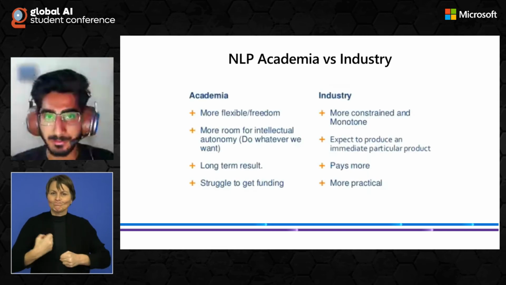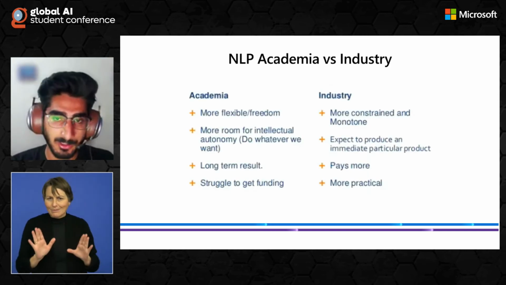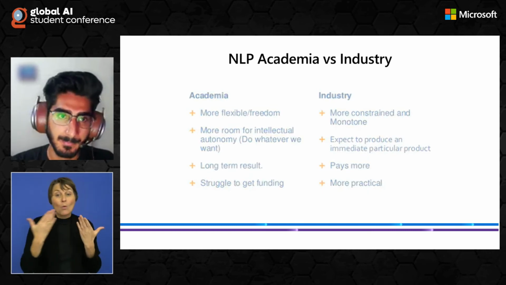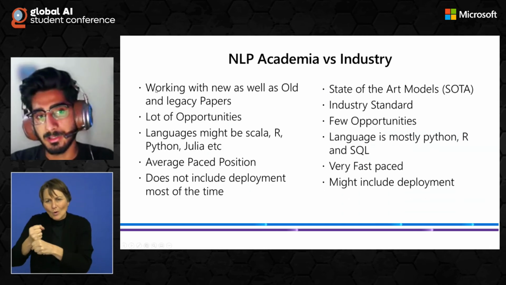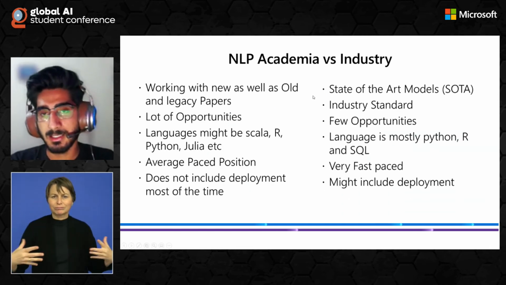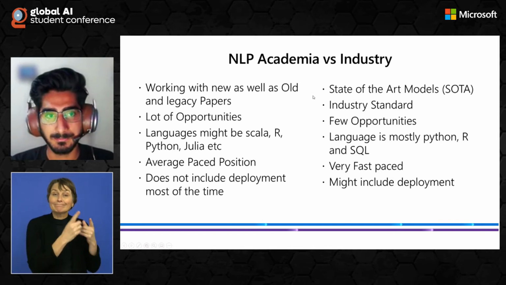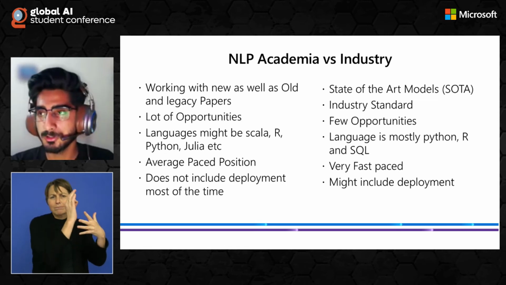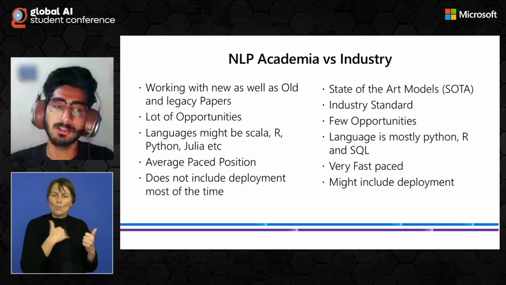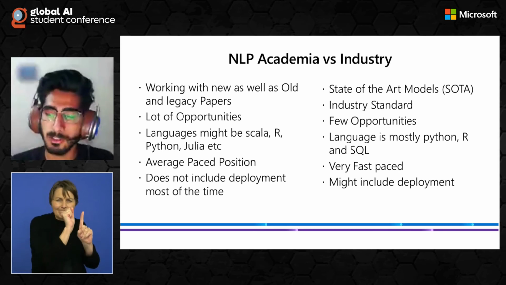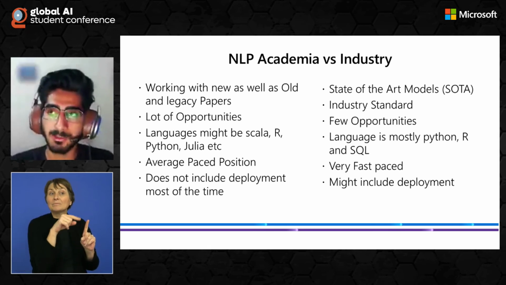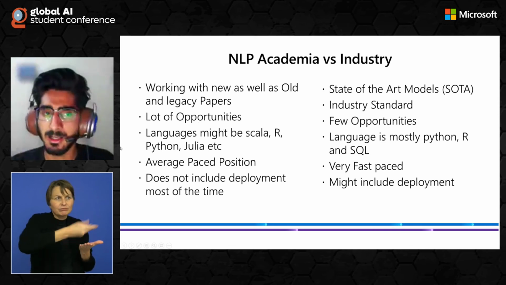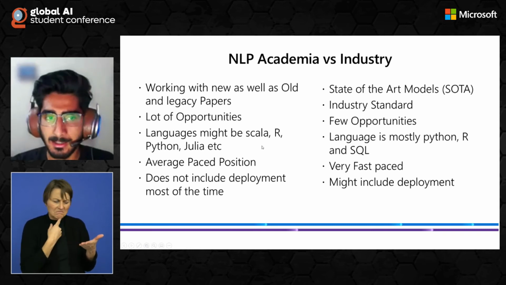And there's some comparison between academia and industry. What is going on in academia? You can see the comparison here. The main thing I would like to focus on is that in academia you're usually dealing with old and legacy papers, because you're trying to improve on the papers that were already published, and you're trying to come up with a better solution. And there are a lot of opportunities in it, and the languages you might face are Scala, R, Python,